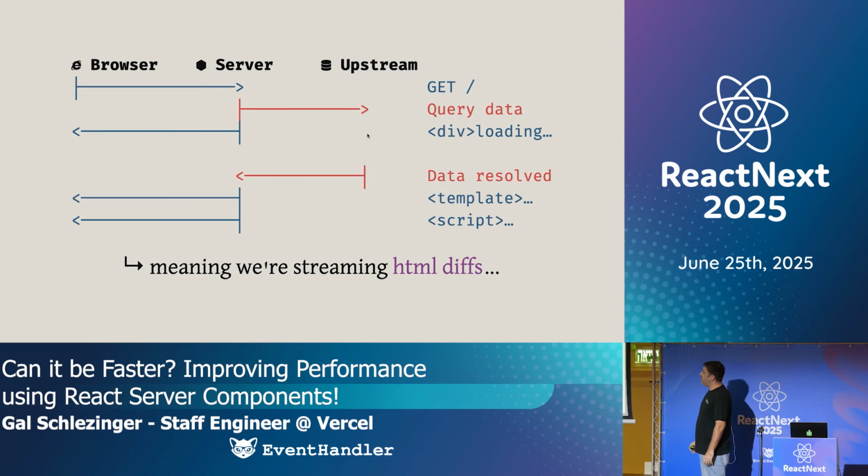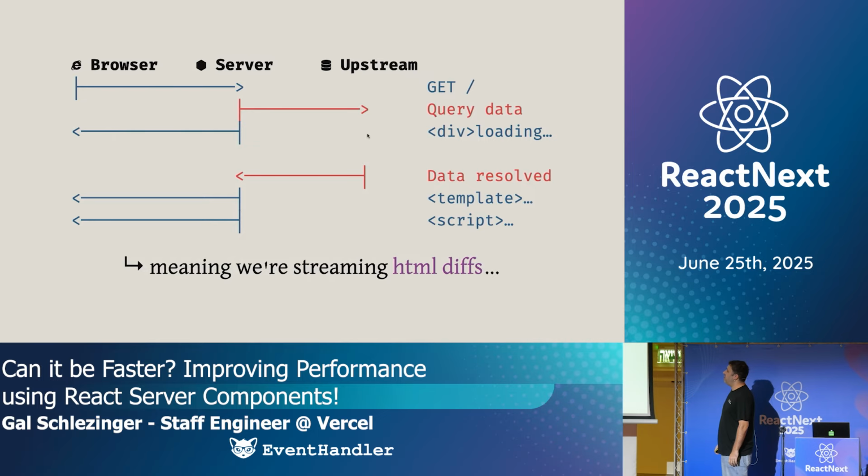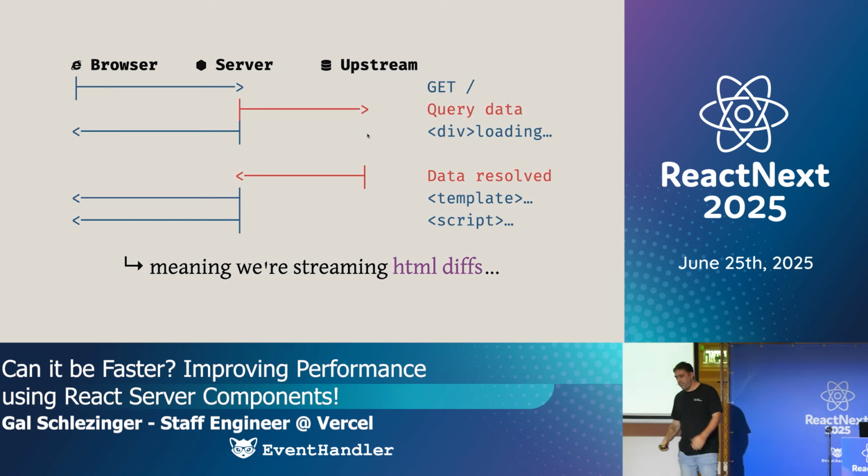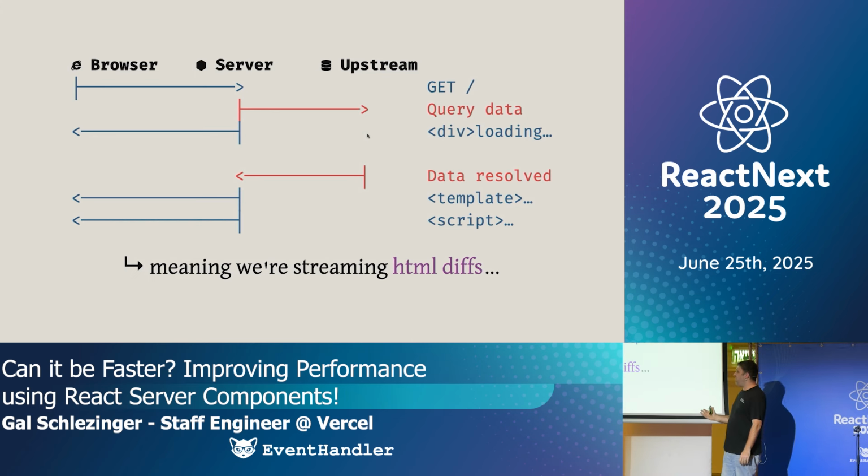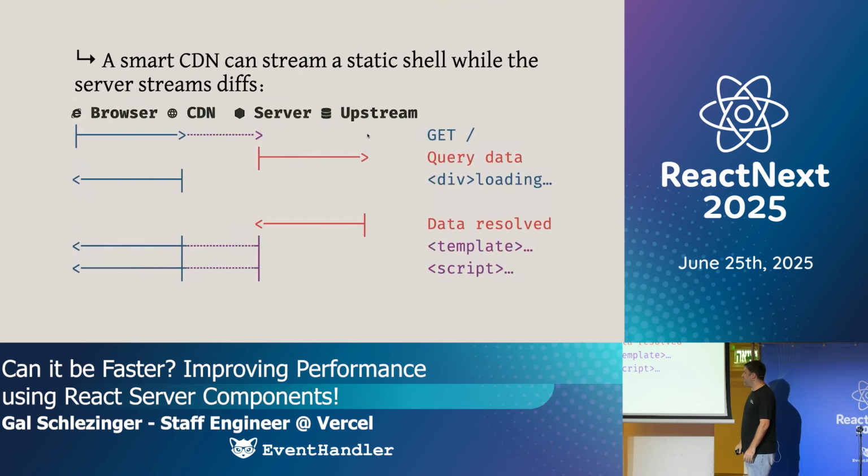And this is how it looks on a chart. We request slash, for instance. Then we start querying the data and respond with the HTML immediately. Then the data is resolved. We stream a template and script tag to replace. This means we're streaming HTML diffs. And the reason we're very excited about it, this is a declarative way of streaming, is that